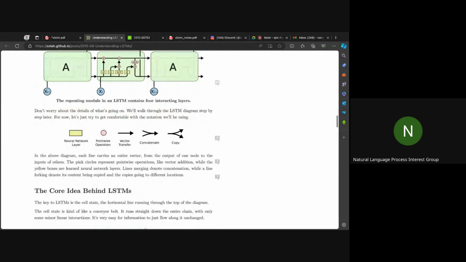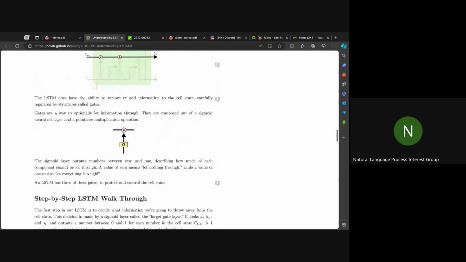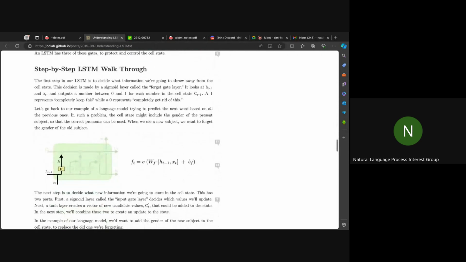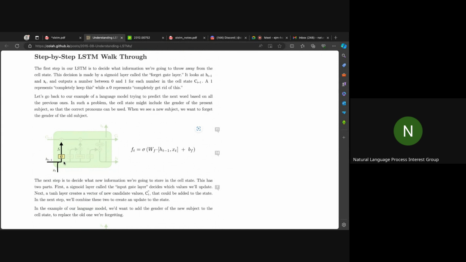So there are three major operations inside the LSTM architecture. The first one is the forget gate operation. What happens inside the forget gate is that, based on the input given and the last hidden state of the model, we are trying to understand what values are no longer needed in the memory. To do that, we take the concatenation of the hidden state